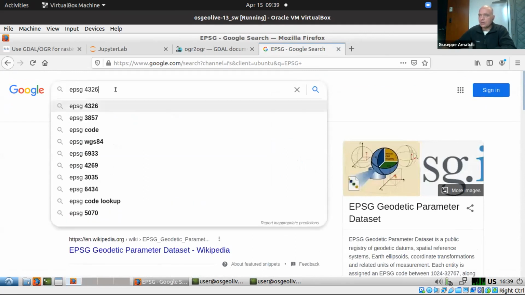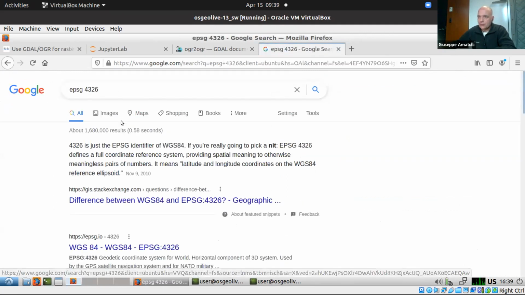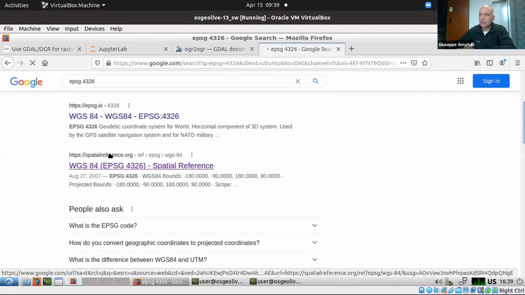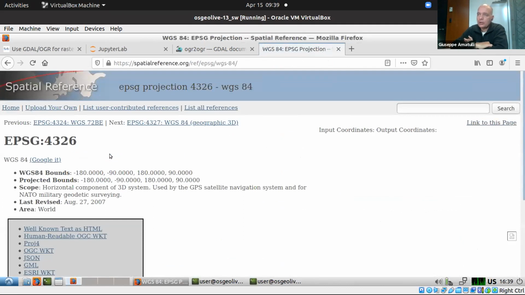Yeah, this one. Yes, spatialreference.org. Okay, so if you click in this one, spatialreference.org, you have the list, I use it quite a lot. There are the list of all the different projections in the world, and they can be labeled under the EPSG code or under,